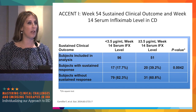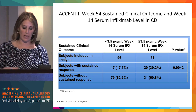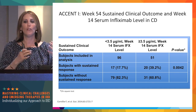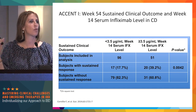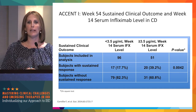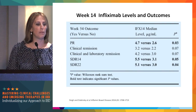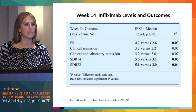Likely because you didn't develop antibodies, and I used the term yesterday that I'm going to use again because Dave likes the term, the idea that you didn't trough out, meaning you didn't fall out of trough. You continued throughout your maintenance to have a trough that was actually detectable and somewhat in a state where people wouldn't get antibodies. We similarly published in 2014 in Pediatrics, almost at the same time that they published ACCENT,